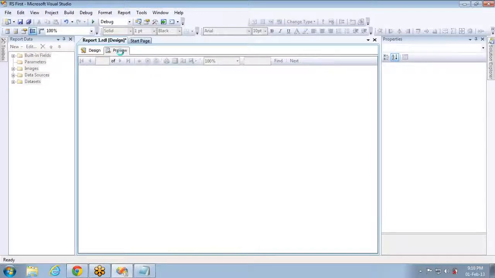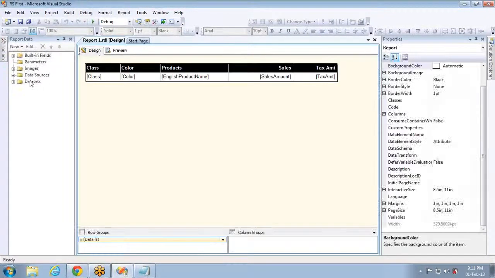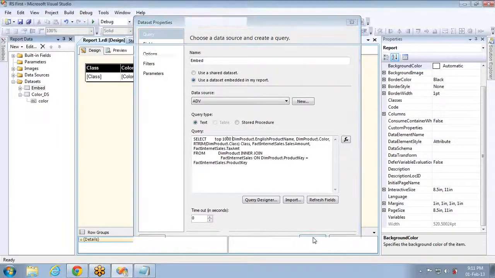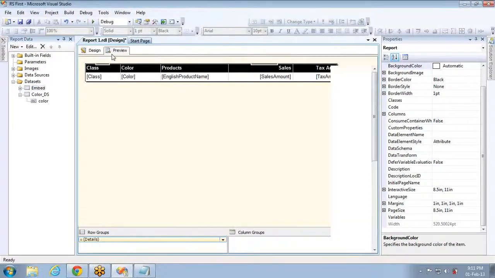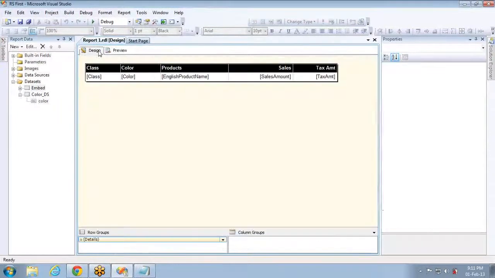Let me execute the report and see whether it is executing properly without any error. It is executing, and let's wait for the data to load. You can see it is taking a lot of time. The reason might be the amount of records that we are pulling. So let me filter some records here. I just need 1000, because we are going to discuss expressions, not the data. So now this is coming fast. Good. We are good to go with expressions.